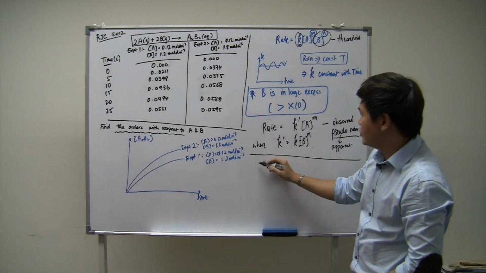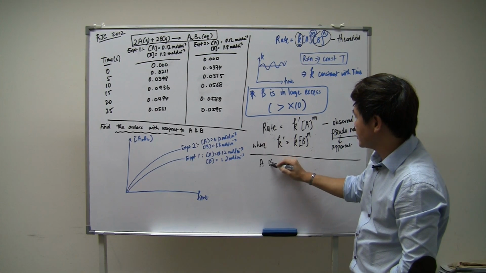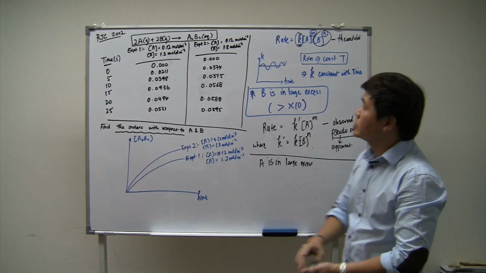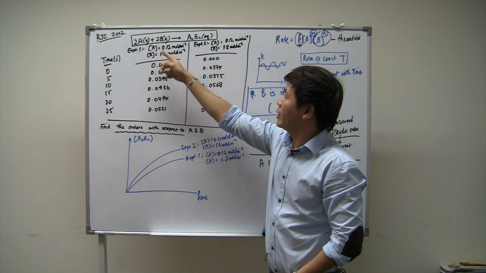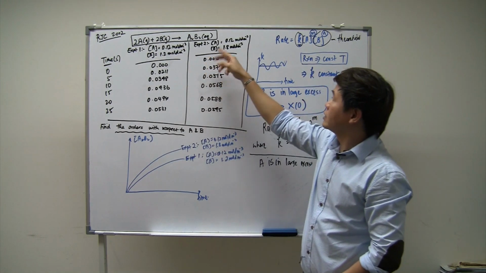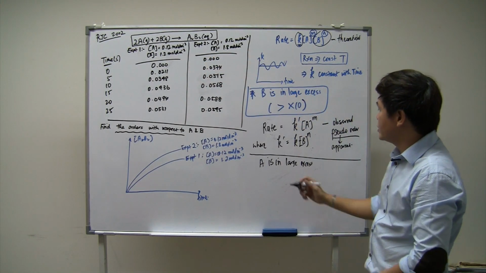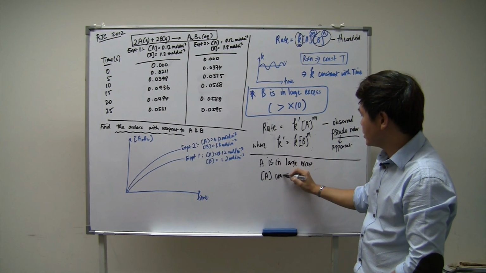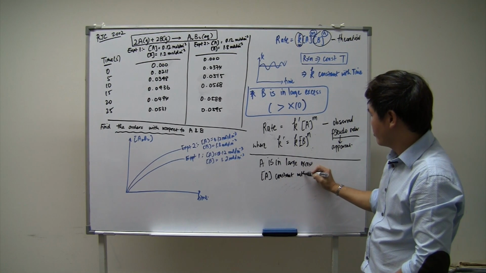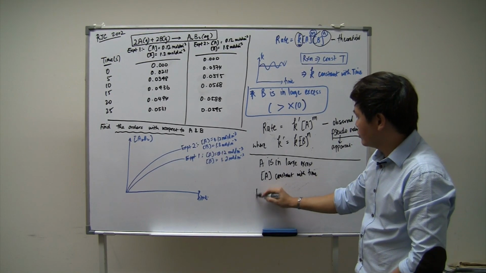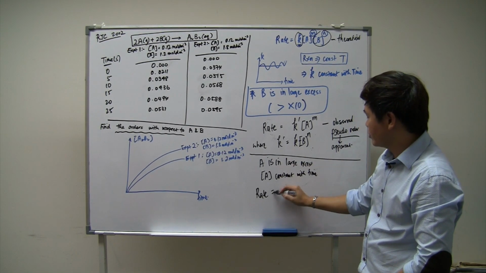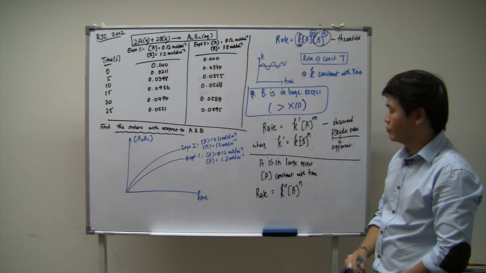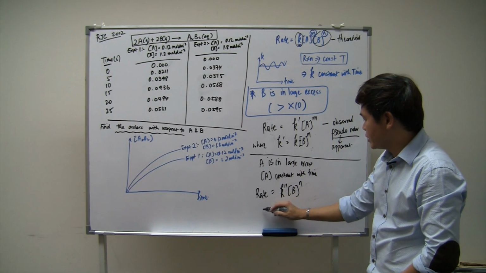What happens if the next day, let's say we change the question, A is in large excess? That means you conduct the same experiment, but we swap the concentrations of A and B. Now A is 1.2, B is 0.12, and likewise for experiment 2. What are we going to see now? A is in large excess, and therefore A's concentration is constant with time. And therefore the observed rate equation becomes a new constant, and B stays in the equation, and the new constant